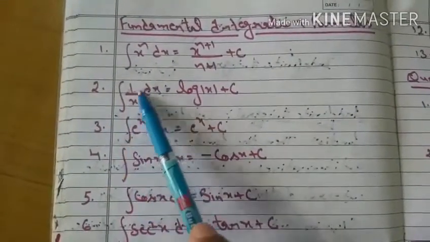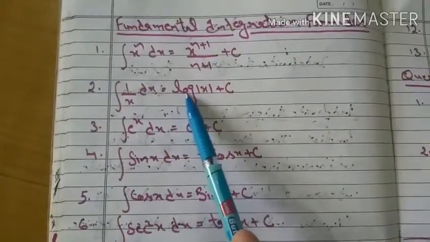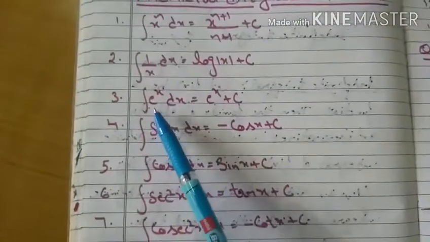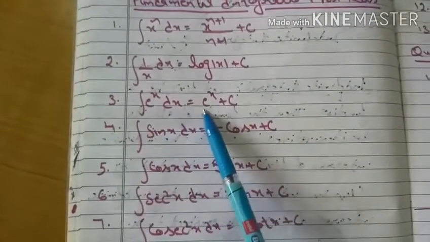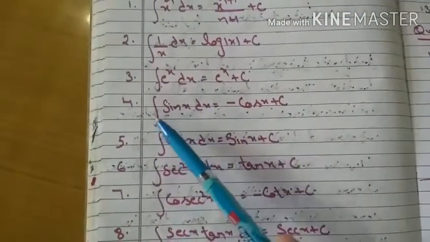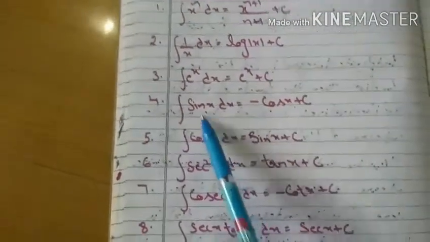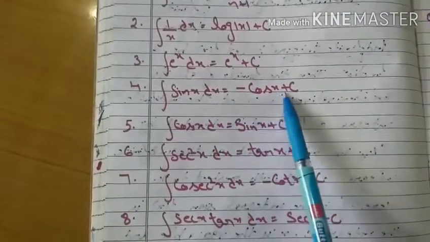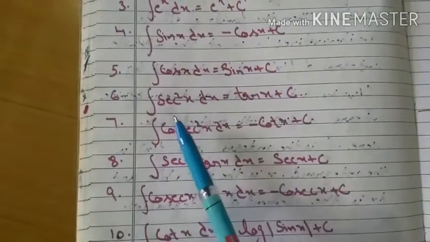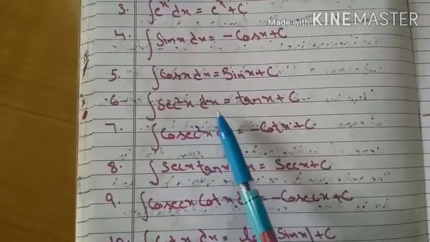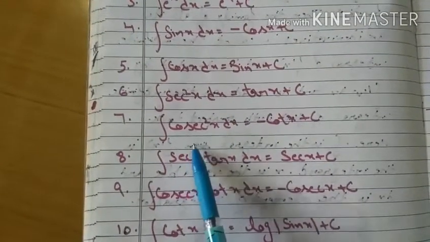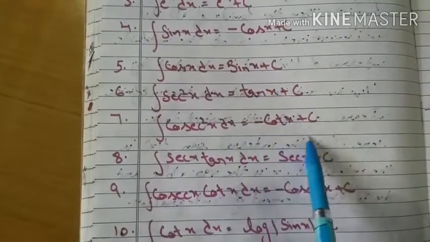The second is integral of 1 by x dx is equal to log mod x plus c. And third is integral of e raised to power x dx is equal to e raised to power x plus c. And then integral of trigonometric functions, sin x dx is equal to minus cos x plus c, cos x dx is equal to sin x plus c, integral of secant square x dx is equal to tan x plus c, integral of cosecant square x dx is equal to minus cot x plus c,